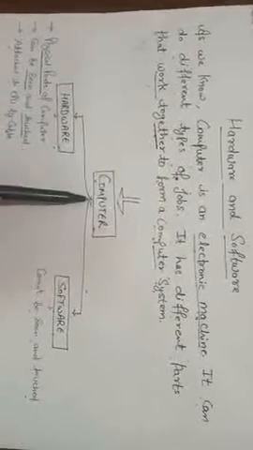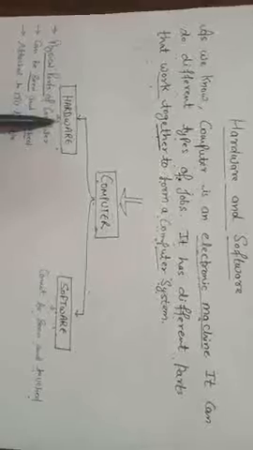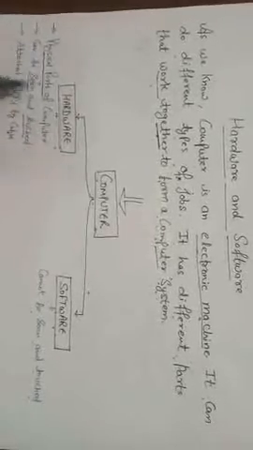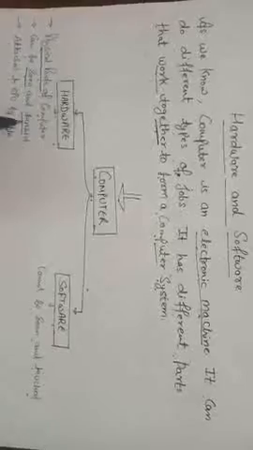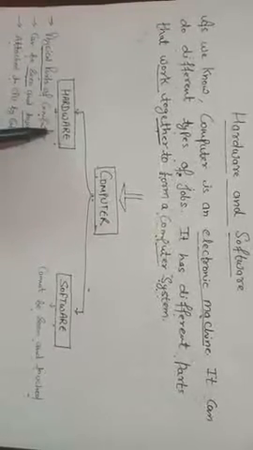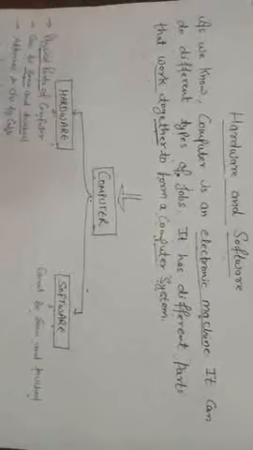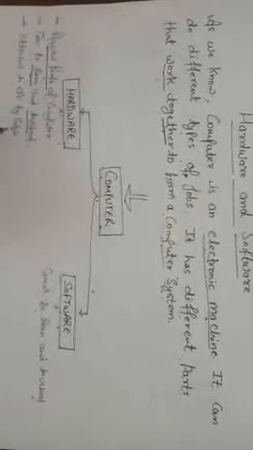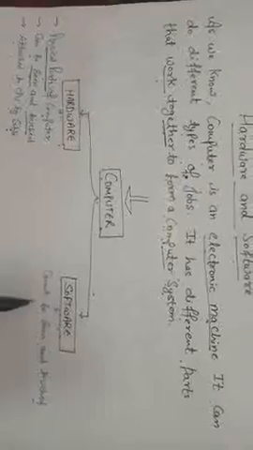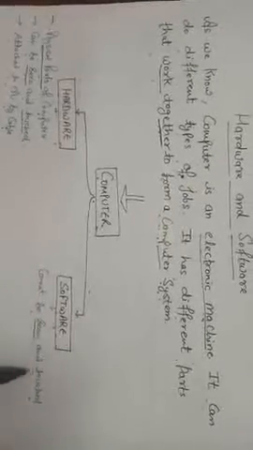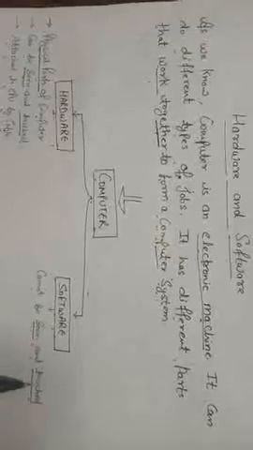Basically, a computer has two parts, hardware and software. Hardwares are the physical part of the computer which can be seen and touched. Hardwares are those parts which we can see and we can also touch, and they are attached to the CPU by a cable. On the other side, I am having software which cannot be seen and touched. Software are those parts which cannot be seen and touched.